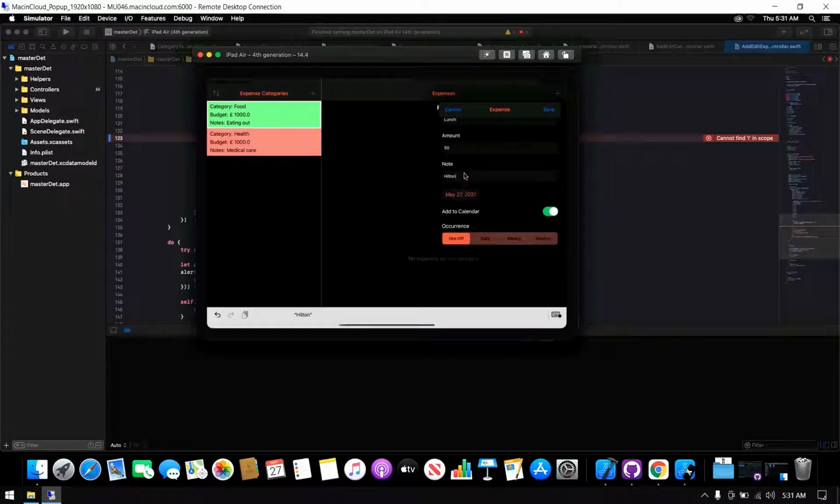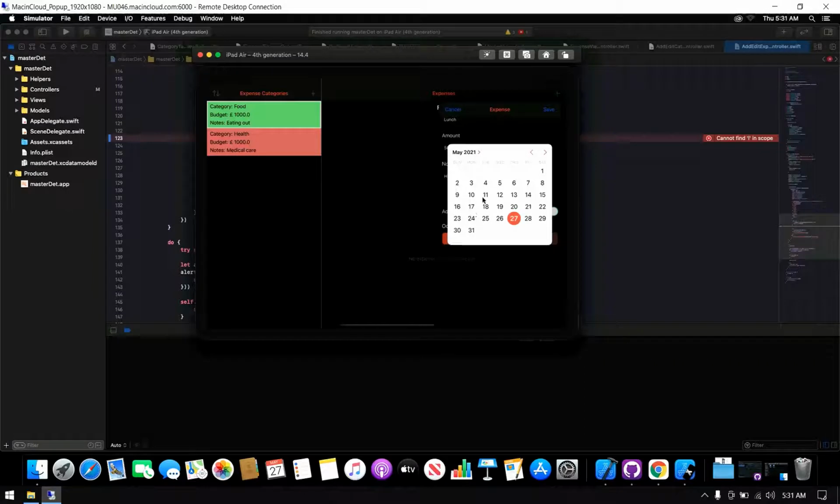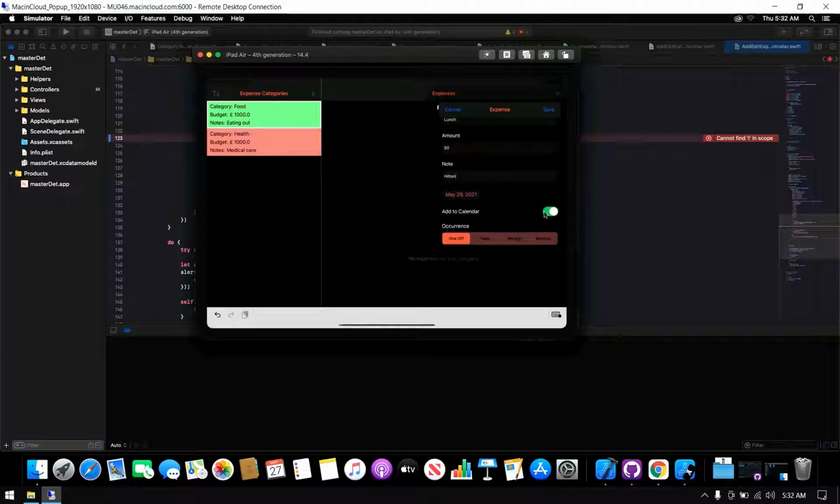The user can select the date, which would open up a date picker. Select the date, so I'll select 28th of May 2021 and toggle add to calendar on, and the user can select the occurrence, which is if the user wants this expense to be repeated either daily or weekly or monthly, or if it's just one time. So in this case I'll just add it as a one-time expense,